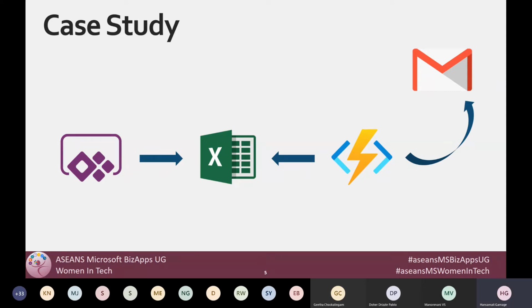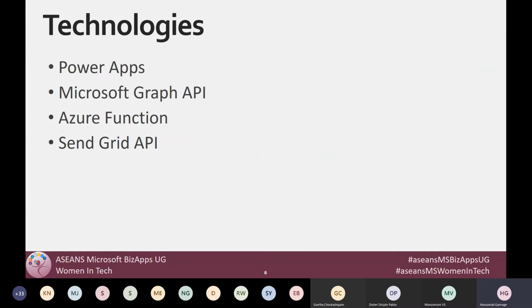We are going to write the data into the Excel file. From that Excel file, we are going to read the data through an Azure function and send a payment reminder as an email. Mainly we are going to talk about Power Apps and Microsoft Graph API, which is also a hot topic these days. With Microsoft Graph API, you can access all of your data inside your organization: calendar events in your Outlook, emails, tasks, meetings, team member details, user groups, everything.